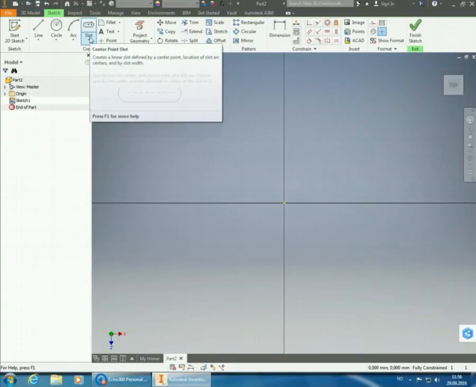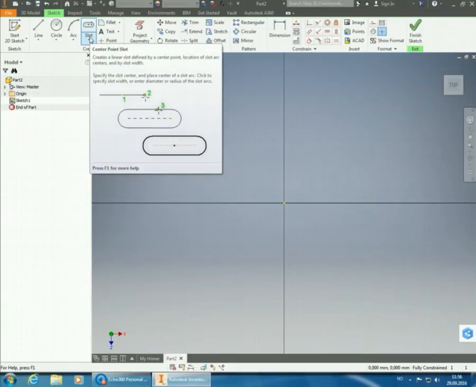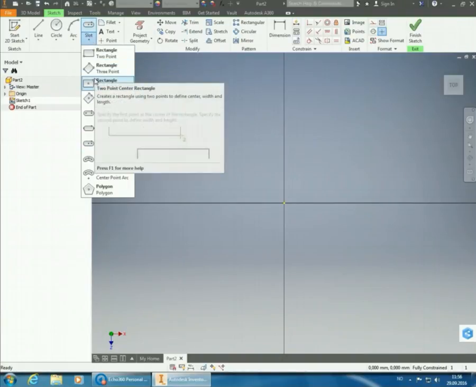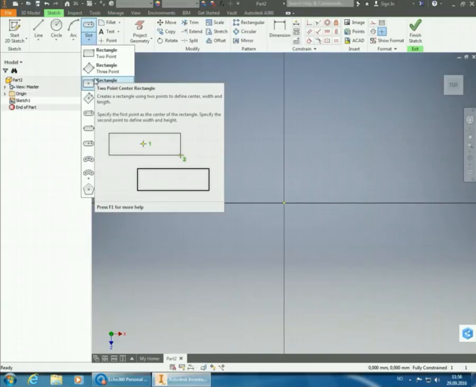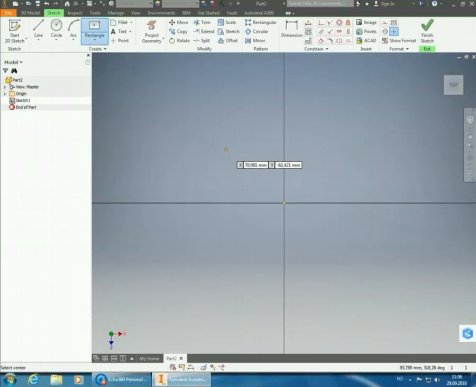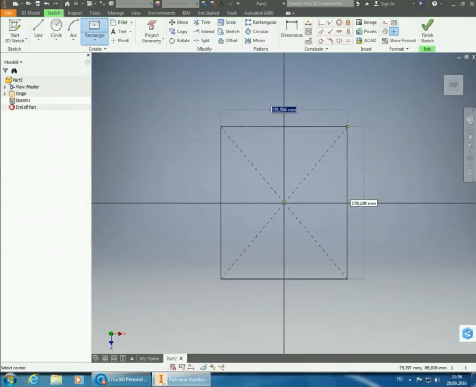Now it remembers that it was the slot function I used last time when I did a rectangle. So now I want to do the regular rectangle, but I still want my center point to be locked to the center point of the coordinate system. So I lock the center of the rectangle to the start point there, and then I can put in the dimensions. And this one is,